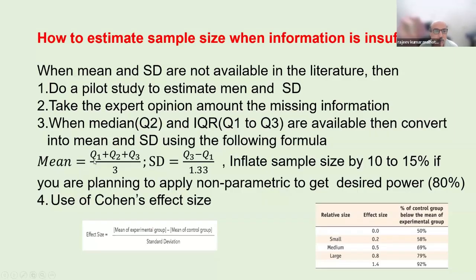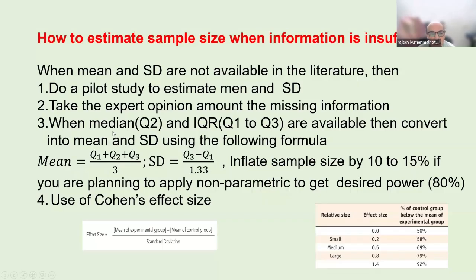So mean is what? Q1 plus Q2 plus Q3 divided by 3. You can estimate the mean this way. And standard deviation, you can calculate Q3 minus Q1, that is called the interquartile range, divided by 1.33. But one thing you have to remember: if you are estimating the sample size from the median or interquartile range, whatever sample size you get from this estimate, you inflate it by 10 to 15% to accommodate